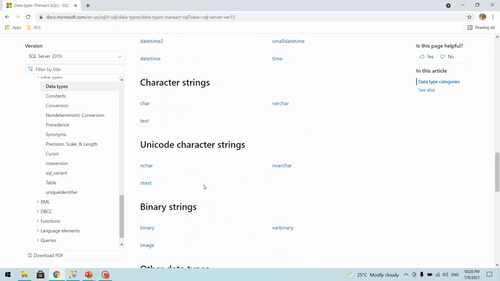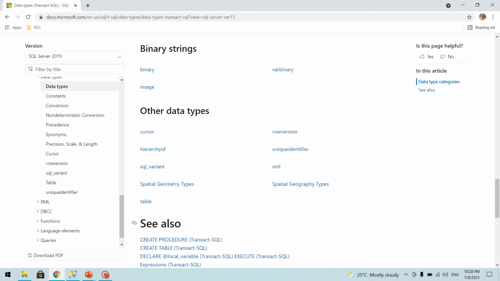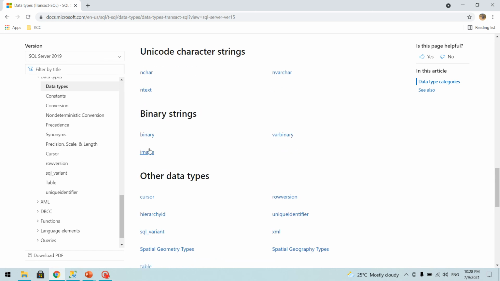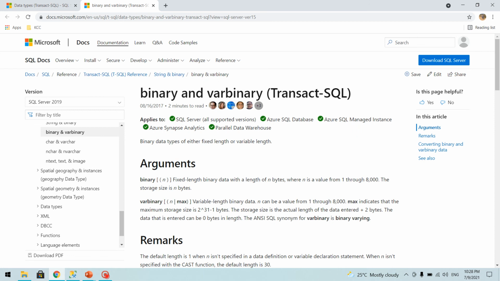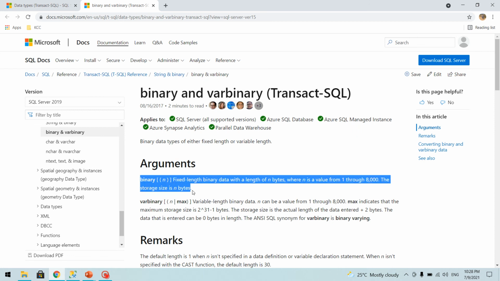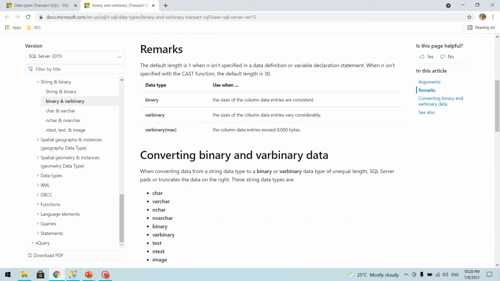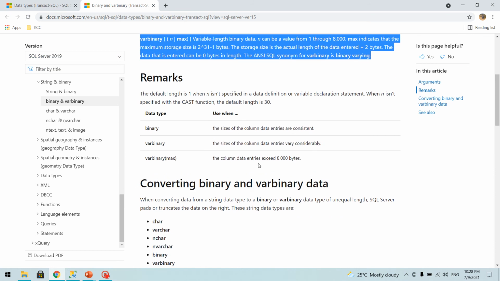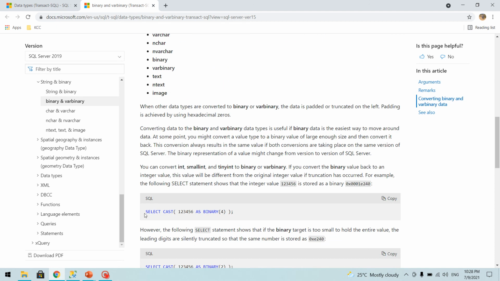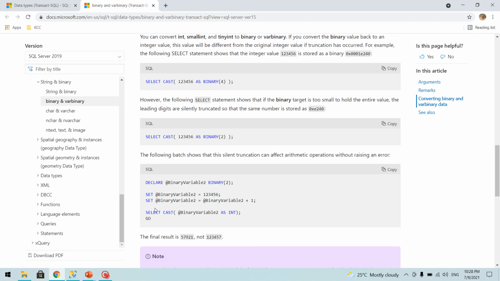So you can go through all these options, and if you want to know more about these data types, you can click on the specific data type and get the detail in the document. It will tell you what kind of data it is going to store, and what the size and ranges are, everything will be explained here, and you will also see some examples associated with that, so that you can follow up.